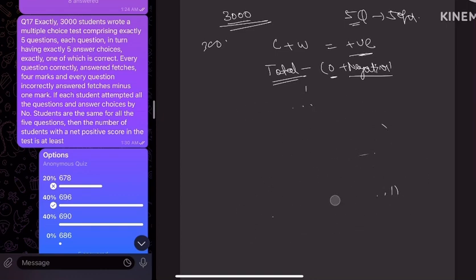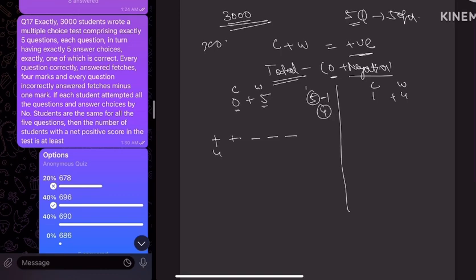Enough of telling about it; now we will quickly solve. Two cases we have. The first case is 0 correct and 5 wrong. The second case is 1 correct and 4 wrong. Here also the score isn't positive. Our demand is positive, so 0 is not positive, so 0 and negative will count. There are 5 questions, right? Every question has 1 correct option out of 5 options, so the remaining 4 are wrong. So each student can choose 4 options for each question, so 4 to the power 5 is the first case.